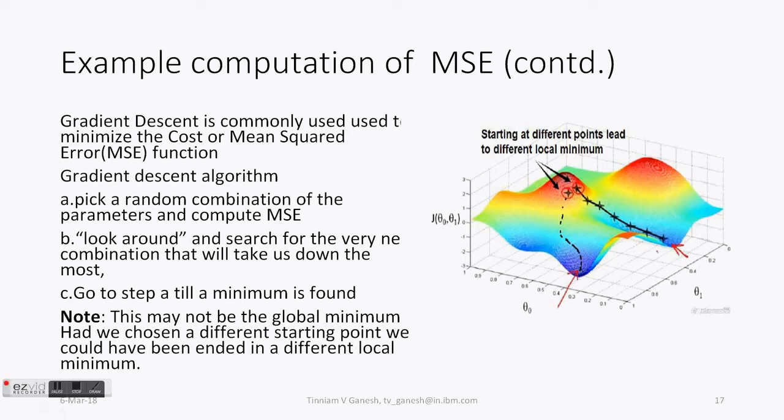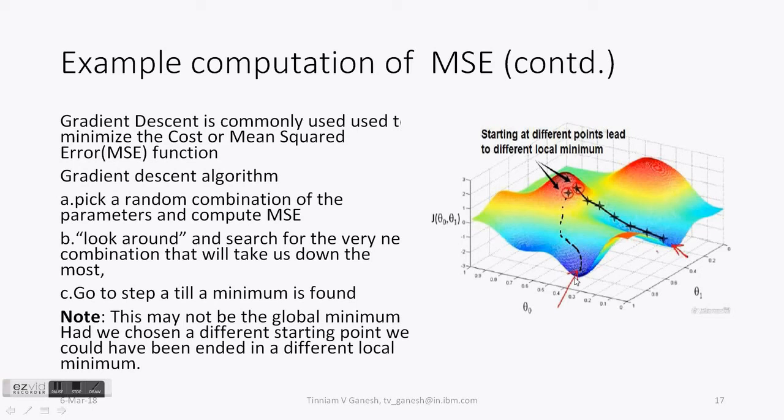We use gradient descent. We choose an arbitrary point on the surface. So let us say we choose a point somewhere here, and then we find the slope or the gradient at this point, and then we move against the gradient. If it is positive, we'll move in this direction. So we'll slowly start traversing this surface so that we start edging our way towards the bottom of this surface,